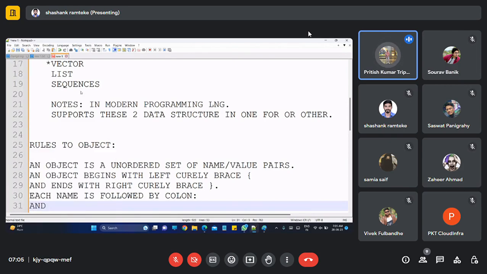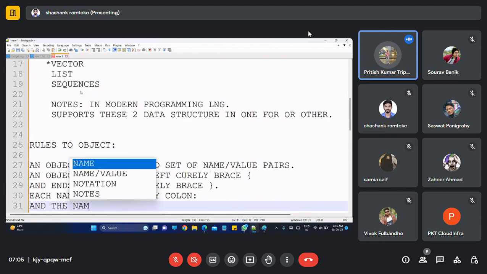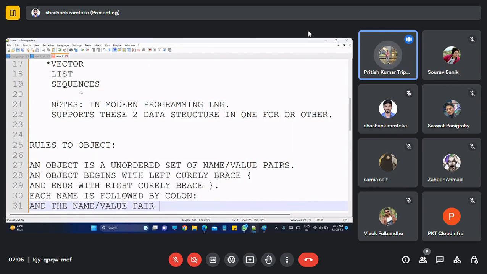So this is the syntax. And the name/value pairs are separated by commas. Is it clear up to now?